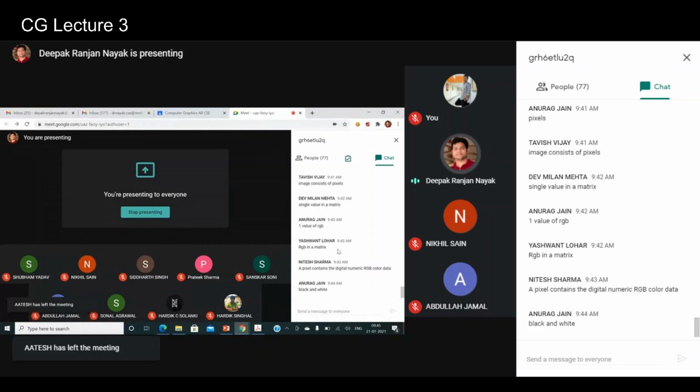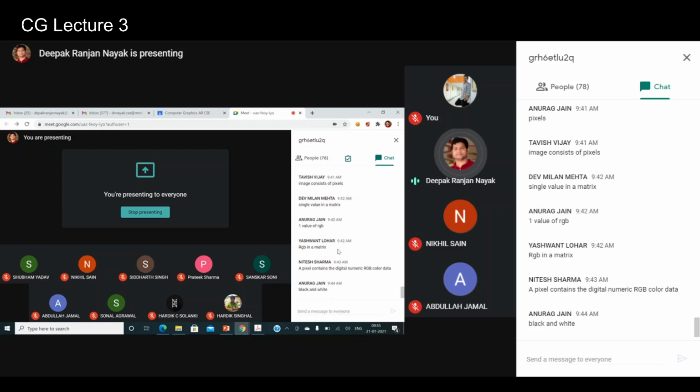In color images, there will be three different planes. We'll discuss in detail again later on. The three different planes mean red, green, and blue, and in each of the three planes we'll have color values. For one pixel you will get three different values, for R, for G, and for B.